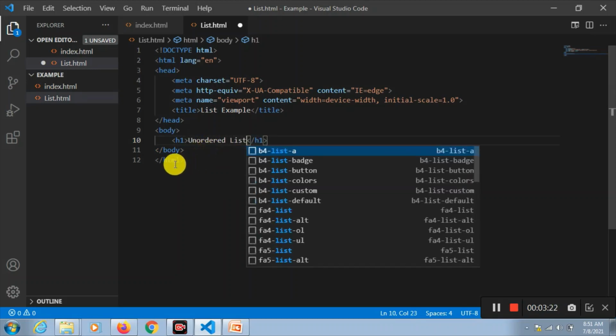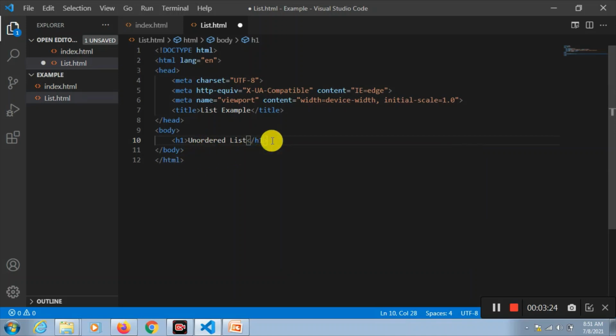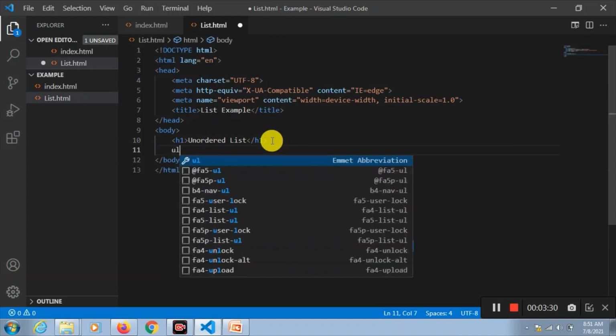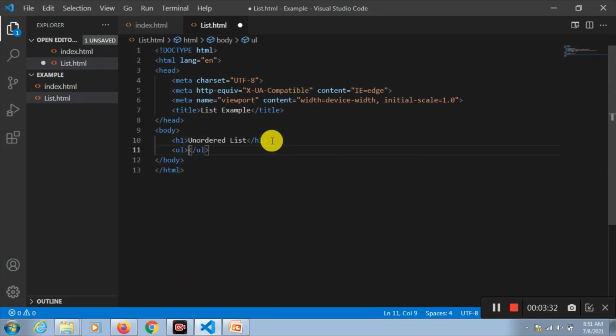Unordered list. We are going to create a unordered list here. The tag you have to use here is UL. The UL tag specifies that you are going to create a unordered list.